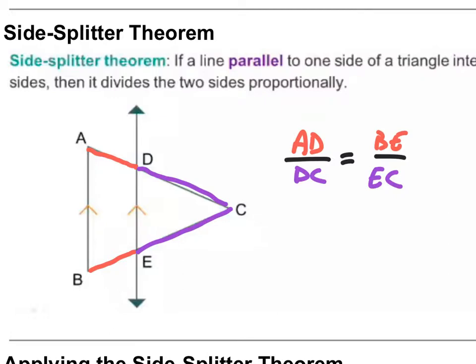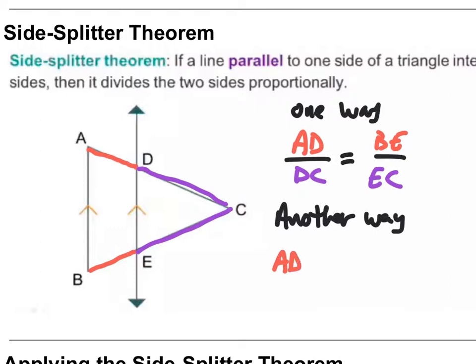Now, there's a couple of other ways you could do this. This is just one way of writing this proportion. Another way that you could write this proportion would be to say if you took segment AD and divided that by segment BE, then that would be equivalent to segment DC divided by segment EC, okay? So there's a number of ways of doing this. Any combination that you can make with these fractions is something you could play around with and verify,